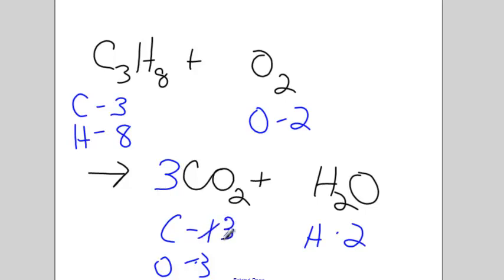Let me do the H's before I change the O's. This 8 here, I have 8 H's. I have 2 here. Let me put a 4 there. That's why I wanted to wait. Because now let's change those O's again. So now I have 8 H's, 3 C's. My C's and H's are balanced. Let's look at the O's. 6 and 4 is 10. Oh, look. I can put a 5 there, and I'm balanced. And that works. Okay? But what if